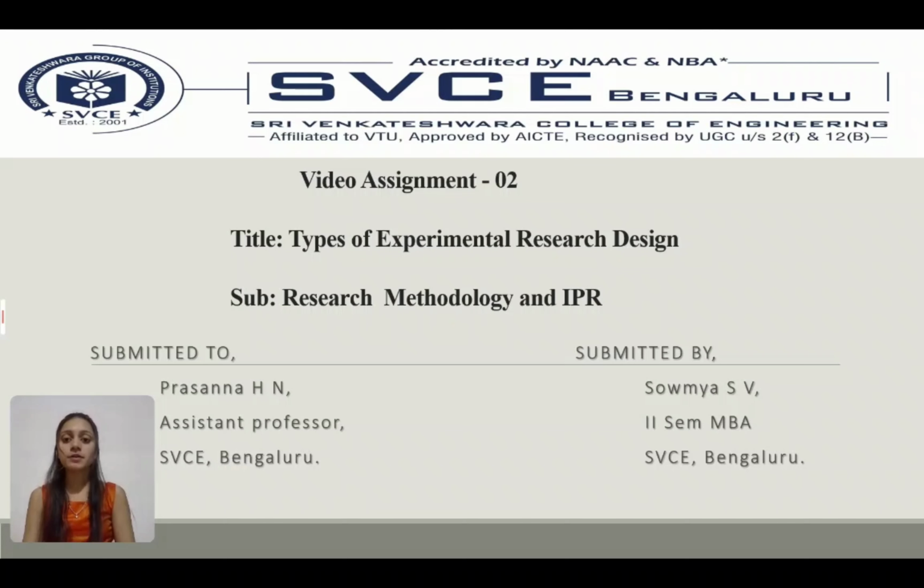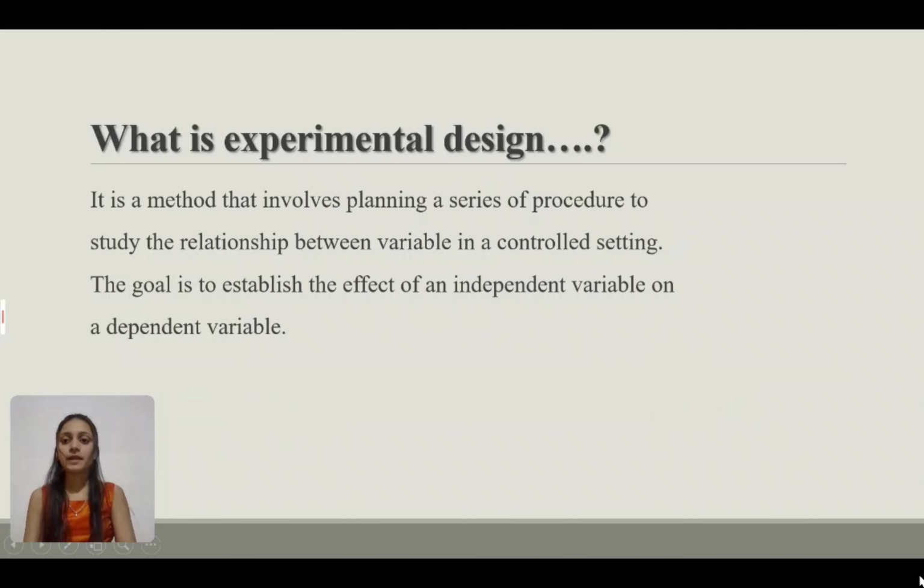I have an assignment on types of experimental research design, subject, research methodology, and intellectual property right. First, what is experimental design? Experimental research design is a methodology used to investigate the cause and effect relationship